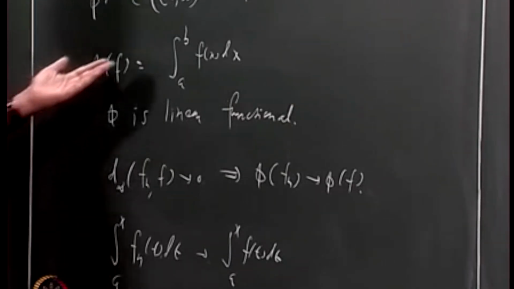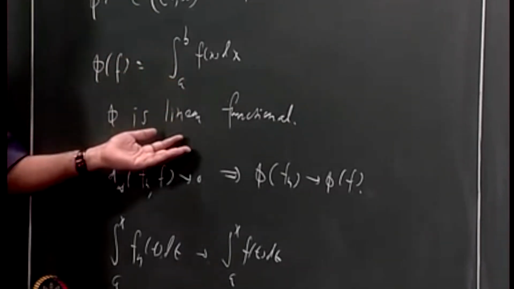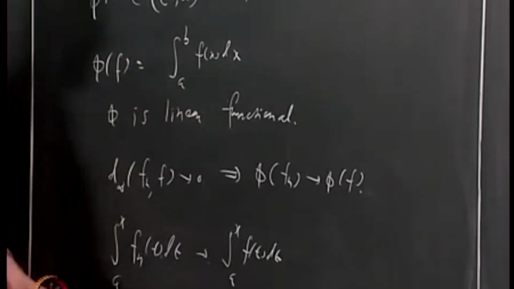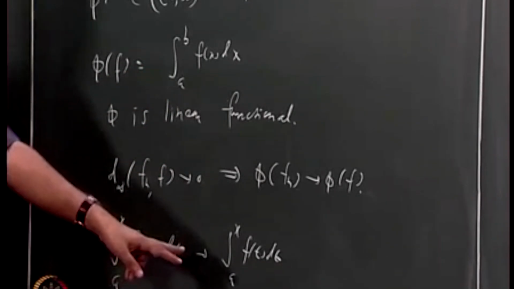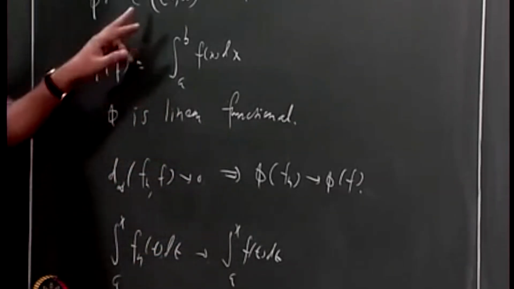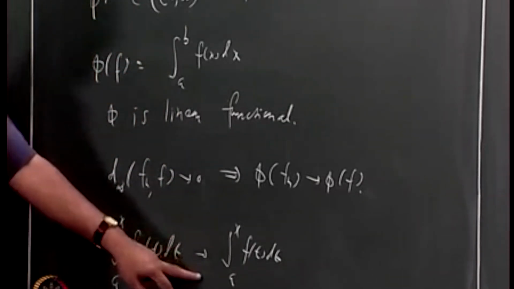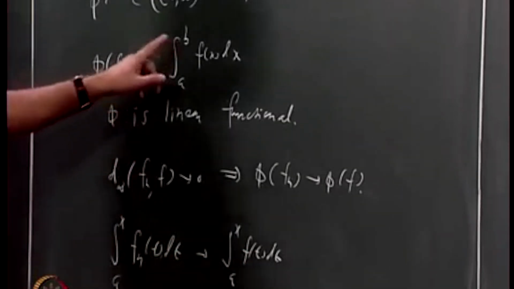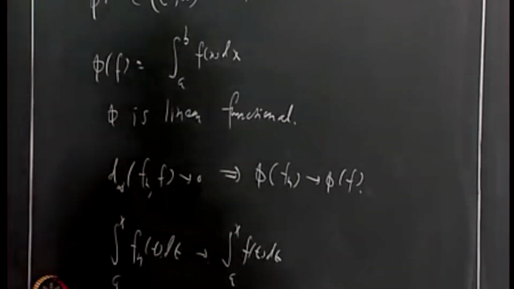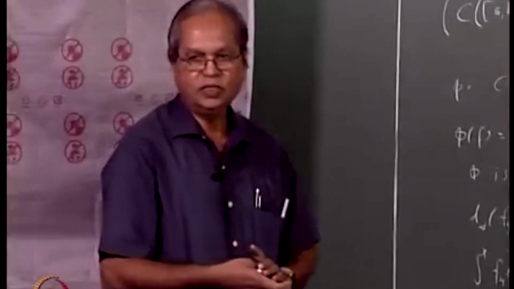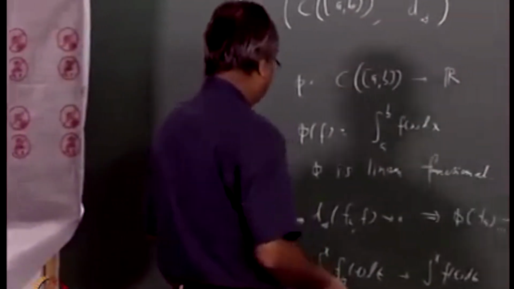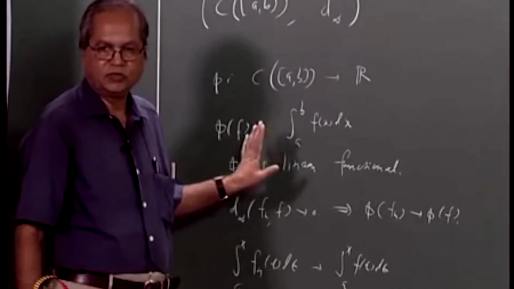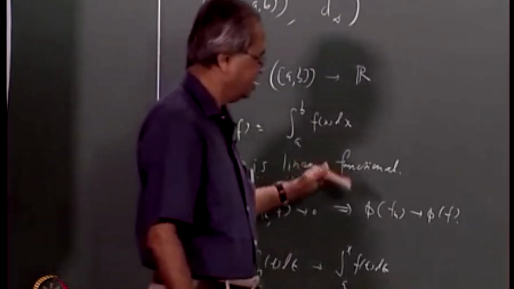Whatever you say about the upper limit, one can say the same thing about the lower limit also. Instead of a you can take some other number. So consider integral from y to x of fn(t) dt, where y and x are any numbers lying in [a,b]; that will converge to integral y to x of f(t) dt. So there is nothing very particular about the numbers a and b. In other words, if you take any subinterval of [a,b], then the integral of fn over that subinterval will converge to the integral of f over that same subinterval. That's about the integration.